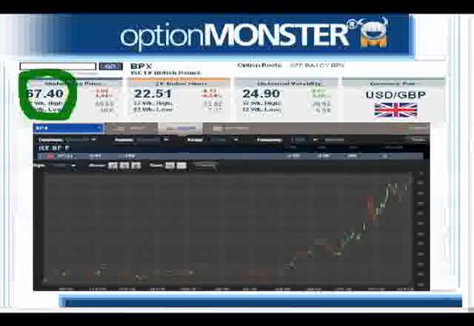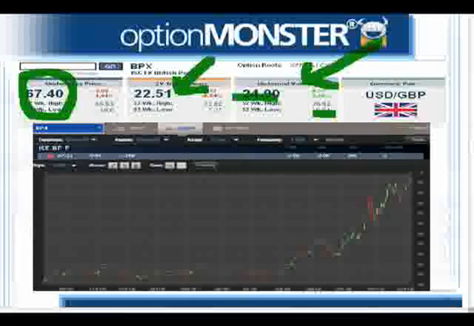And so you see that we're seeing a reading of about 67.40 now for the British pound to the dollar, the BPX. Same as before, here's the implied index volatility, and then here's the historic volatility. Historically, a low of 6.55 or so, a high of 26.50, and the implied right now is trading here at 24.90.